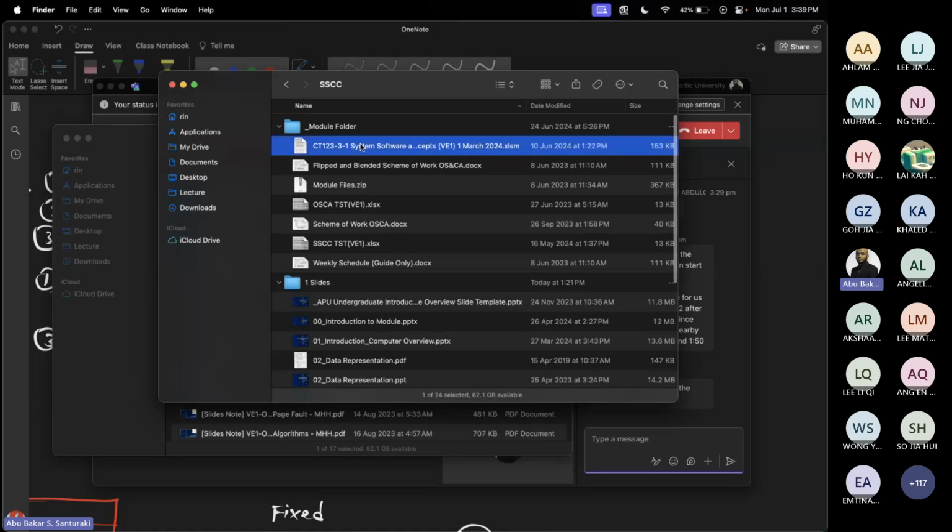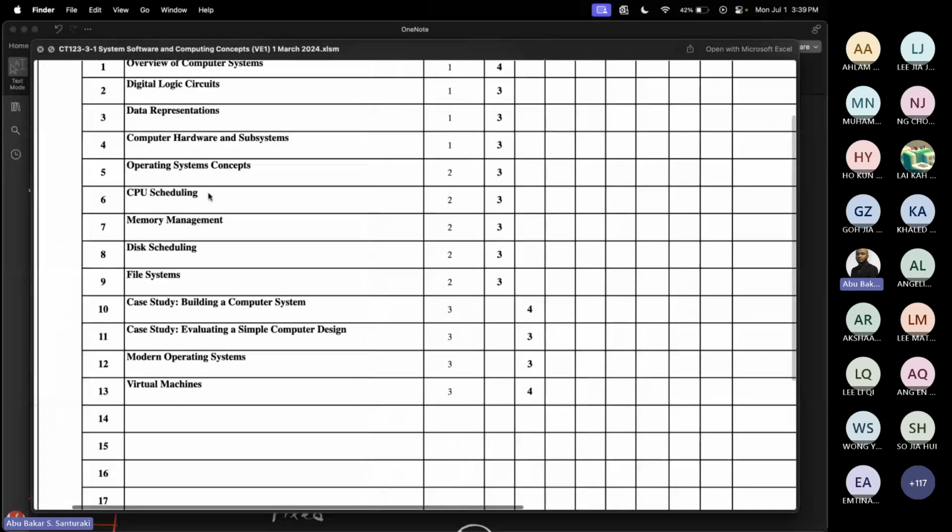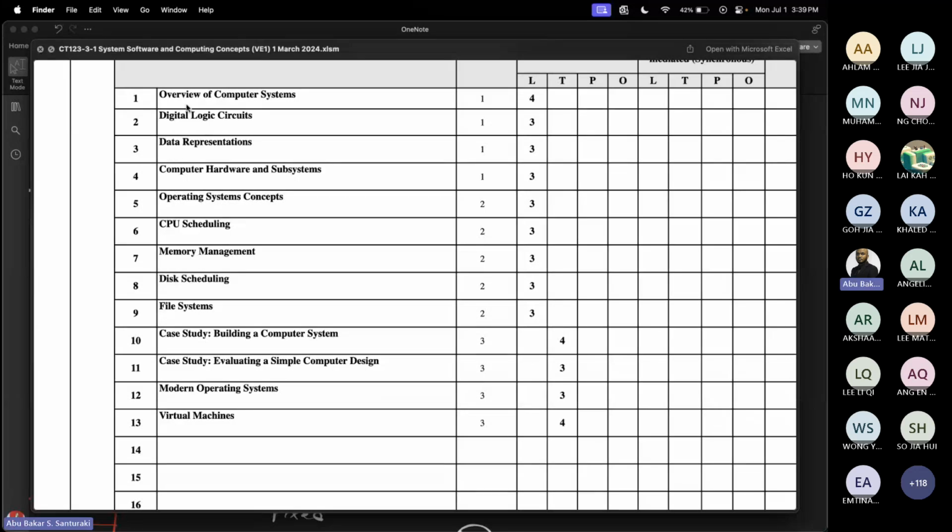On your module descriptor, it outlines all the sections or the topics that we need to cover. These are what we've covered so far, up until number 9. We've covered everything in lectures. You will notice that in the case studies, these are practical exercises: how to build a computer system, how to evaluate a simple computer design, and your modern operating systems and virtual